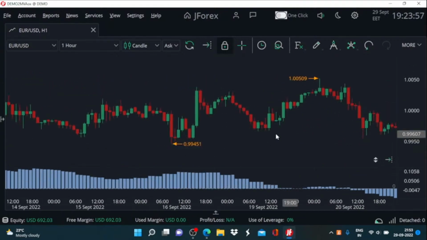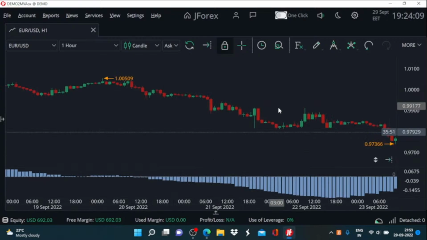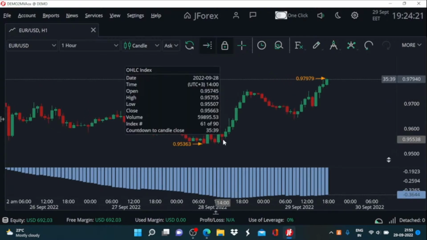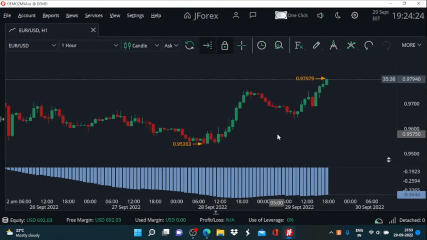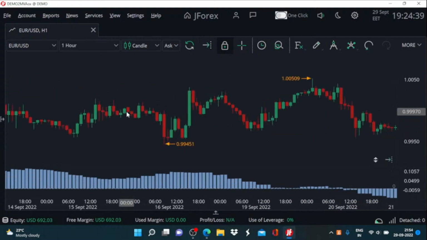So here we got this reversal observed for the McClellan summation index around 20th of September, and that was somewhere here, and from that we saw substantial decline for the Euro USD, and if you had shorted it there you would have made more than 400 pips for the Euro USD decline. Now from yesterday onward it had a reversed course and it has climbed around 250 pips, but from this index point of view it is yet to show the trend change, though it is now showing that it might be the time to book for the profit if you had shorted it earlier,